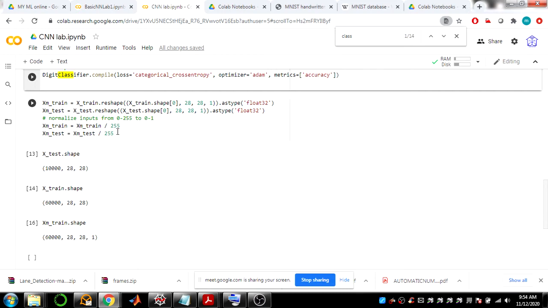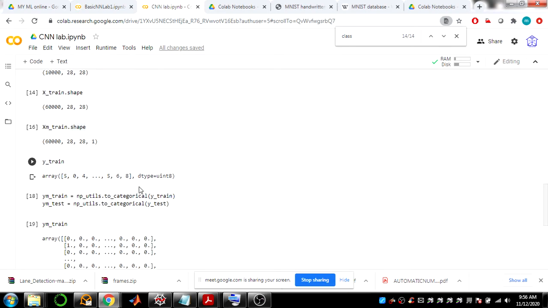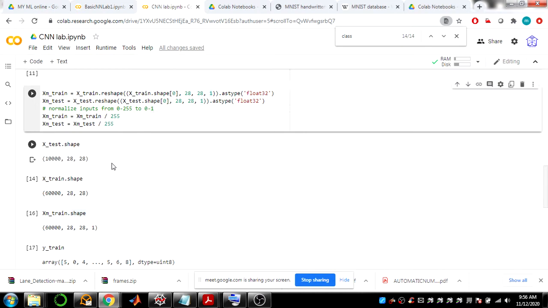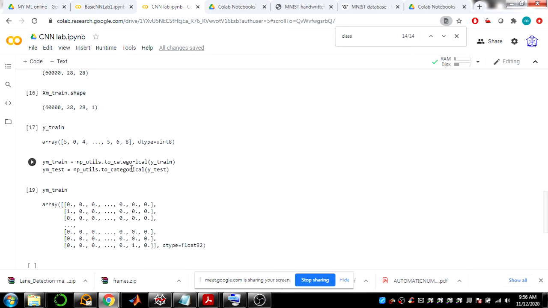This is the one pre-processing we have applied to our images. We did the data shape matching on the input data, and for the expected output, the ground truth in categories 0 to 9, we converted them to categorical variables.